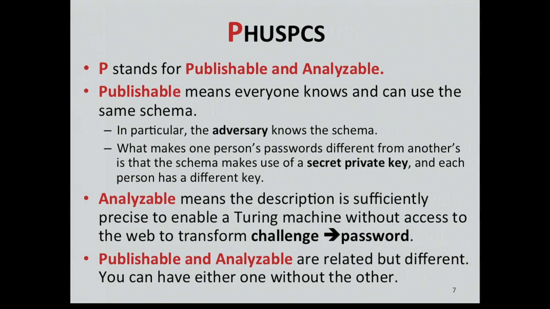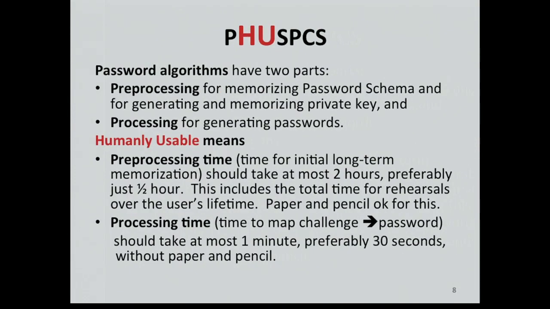Those that are published are unanalyzable because they're not precise enough. You know, take a sentence and use the first letter of every word. It's a wonderful way to choose your password. They don't tell you how to choose that sentence. And how do you remember the sentence? So, okay, so password. This is important because it's true not just for password algorithms, but for many others.